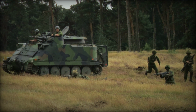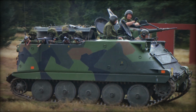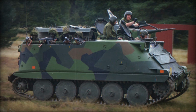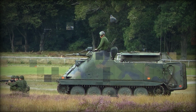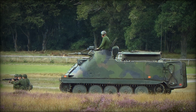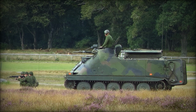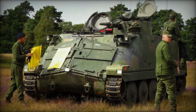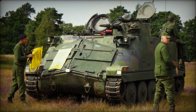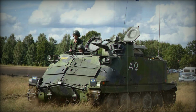The PBV 302, while similar in appearance to the American FMC M113 APC, was distinct in its incorporation of Swedish innovations. This blend of familiarity and forward-thinking design made the 302 a highly effective vehicle for the Swedish Army, particularly in defensive operations. At first glance, the PBV 302 presents a basic utilitarian design, characterized by its straight-edged profile, save for